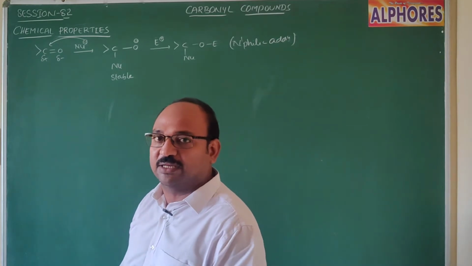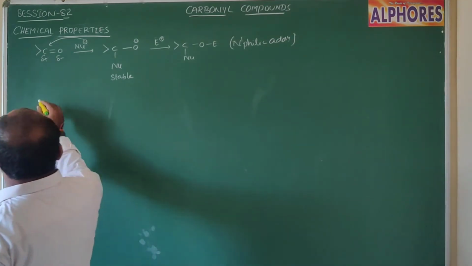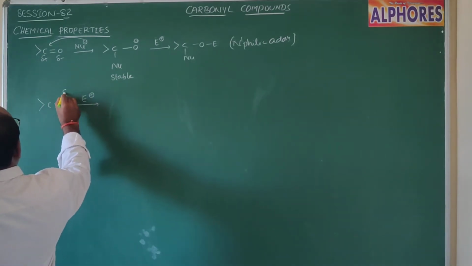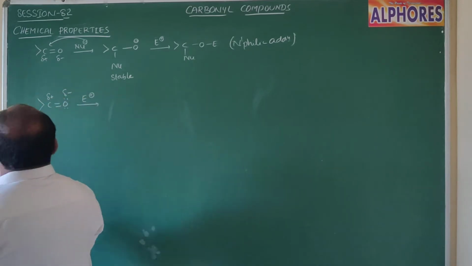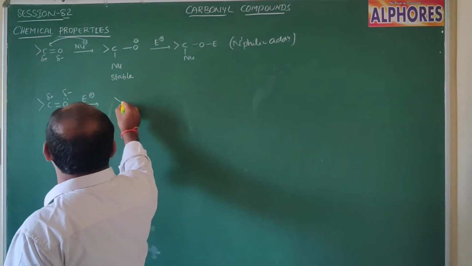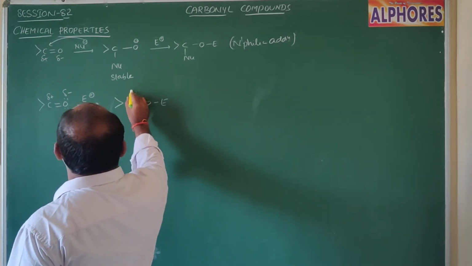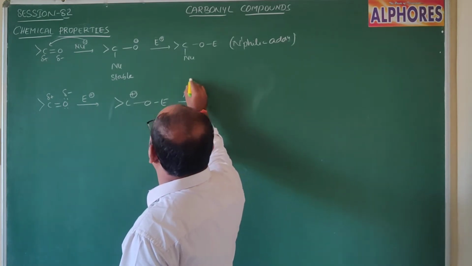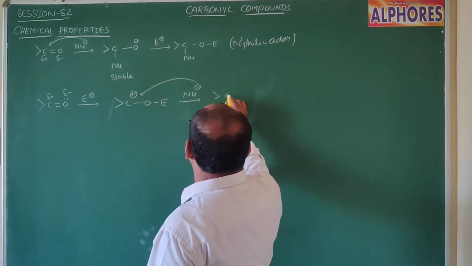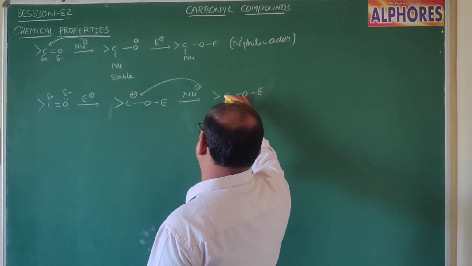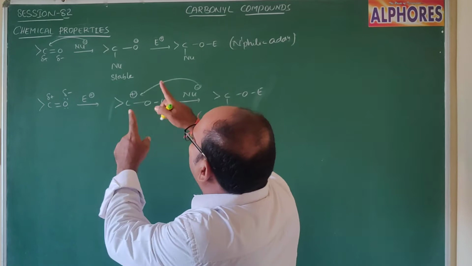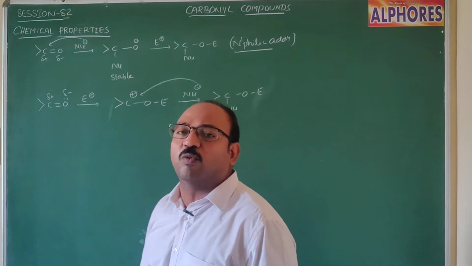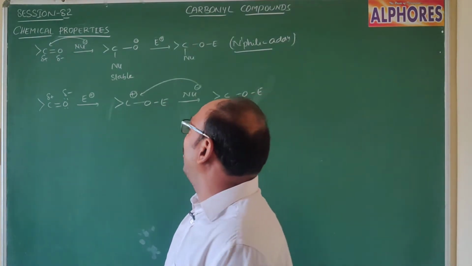Before going to discuss that, one more possibility. If I write the equation like this, first the electrophile attacks, because of the negative charge on oxygen and positive charge on carbon. First the electrophile approaches the oxygen, the O-E bond is formed, and the carbon is positively charged. Later, the nucleophile has to attack the carbonyl carbon, forming the carbon-nucleophile bond. So, if the first method is a nucleophilic addition reaction, what do we call the second one?